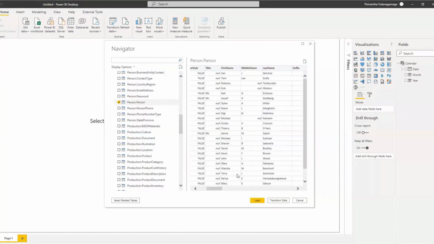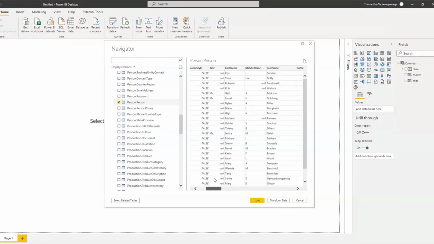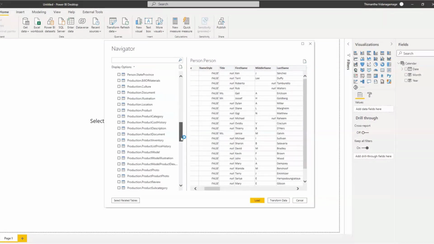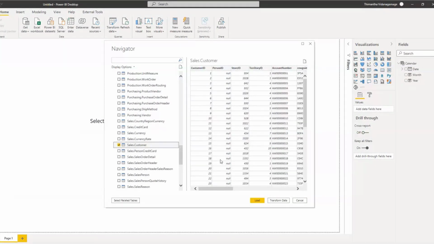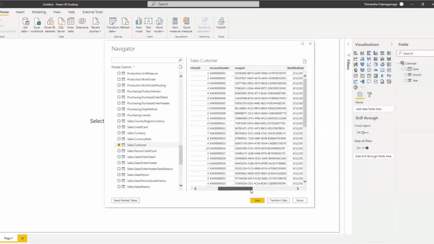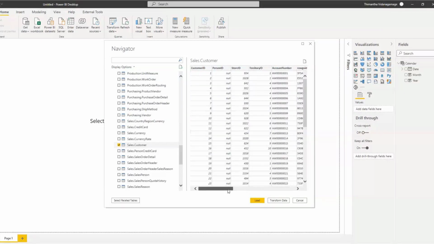It's like a person master table, with customer details, employee details, and all that. Then you have the customer table, which has very specific customer details, like the account number, territory, and all that. So we'll be joining with this person ID and getting the person details from the person.person table.